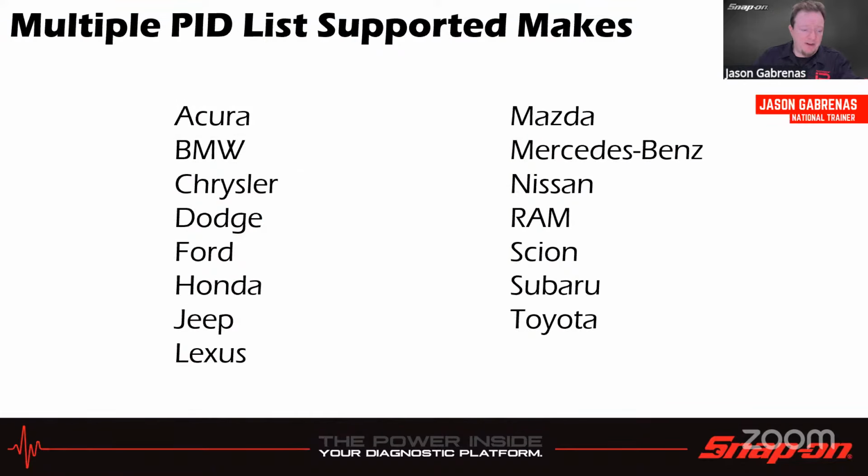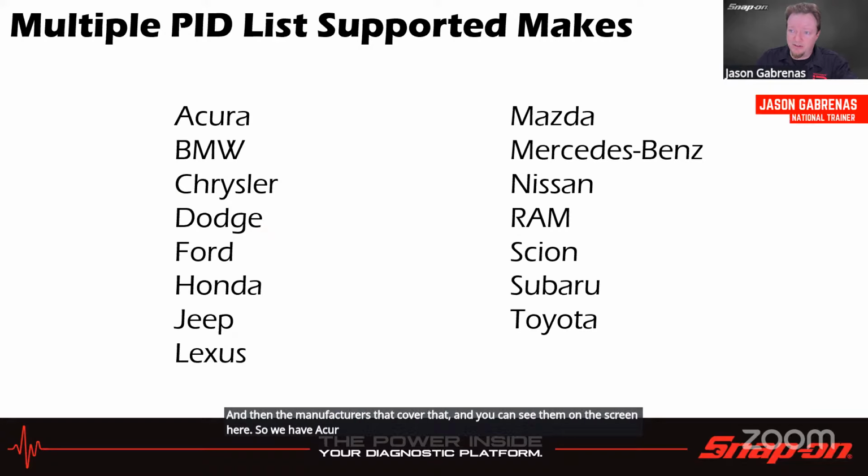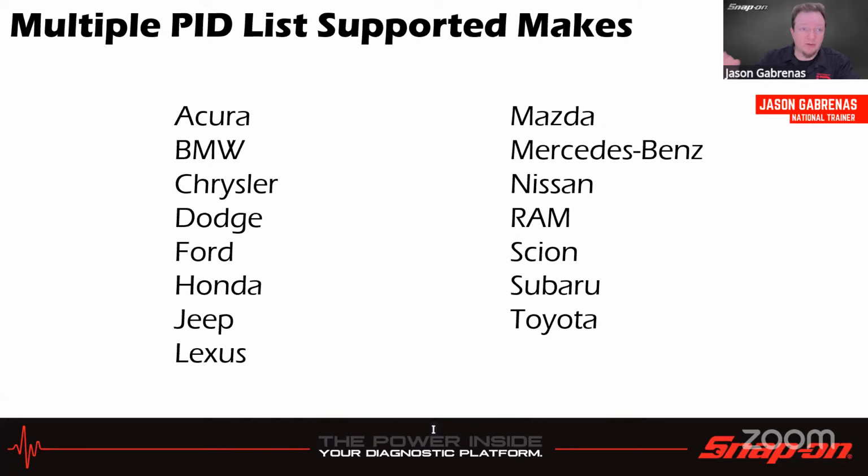And then the manufacturers that cover that, you can see them on the screen here. So we have Acura, BMW, Chrysler, Dodge, Ford, Honda, Jeep, Lexus, Mazda, Mercedes, Nissan, Ram, Scion, Subaru, and Toyota all cover that PIDs across different lists. And when we go live on the tool here in a little bit, I will walk through how we would do that,